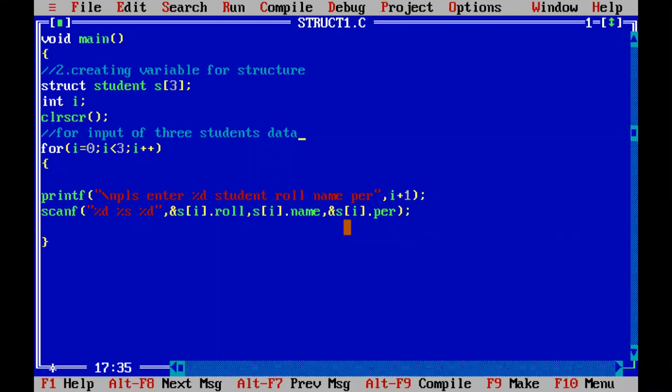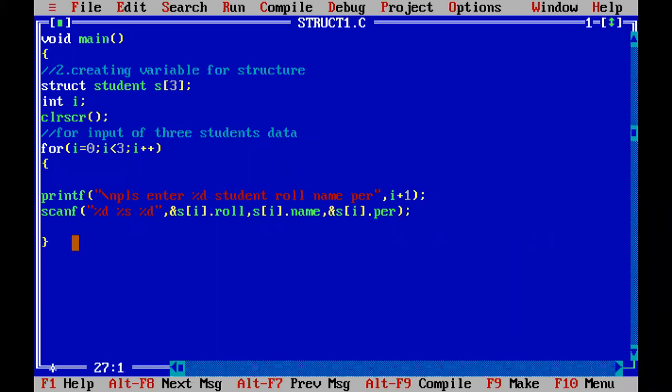If you want to capture 30 students' data, then you increase the size to 30 in the array. Then in the for loop, i must be less than 30, so that the single for loop will capture 30 students' data. If you want to store 60 students' data, just increase the array size from 30 to 60, and in the for loop, i must be less than 60. But when you write 30 or 60, we have to enter the 30 or 60 students' data, and it will take a lot of time. So I'm considering only 3 students. When you're practicing at home, you can increase the size to 30 and 60 and practice. So now we just wrote the code for 3 students' input data.